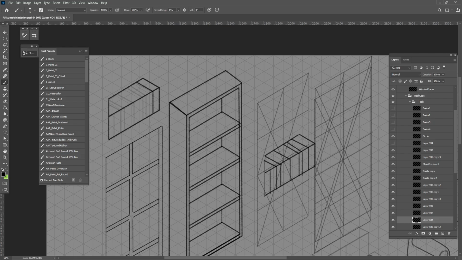How do I do that? Well, all I would do is I would draw the angle of that tipped book, and then I would take this back, and then I would draw the next book in the sequence,